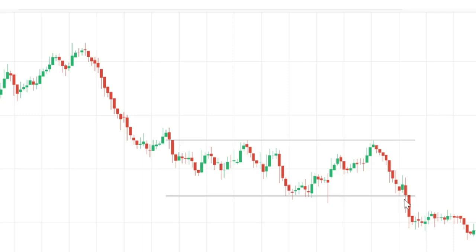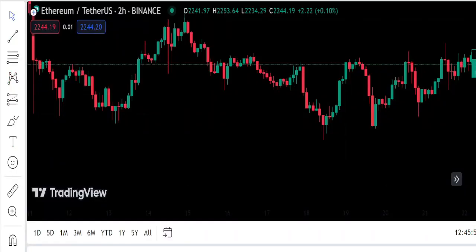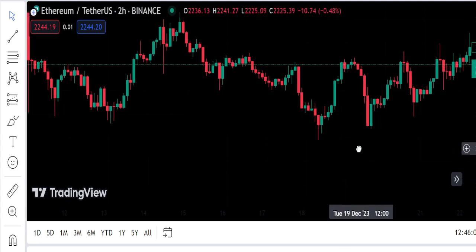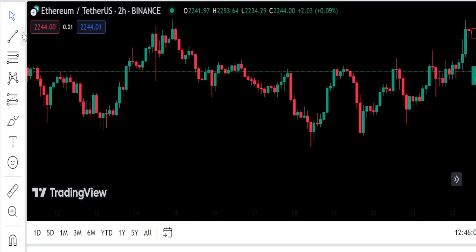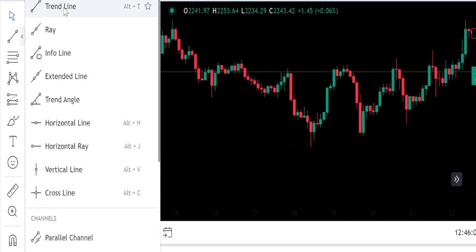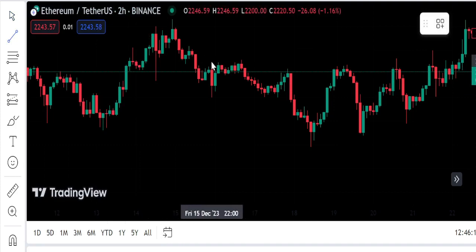We see that this pattern is only completed once this bearish candle has closed below this line. So we could either enter the trade here, or we could wait for the retracement, but it's always better we see a live example so that we can better understand our pattern. Again, here is an example of a chart where we can spot our bearish rectangle. So if we consider once more that this is our